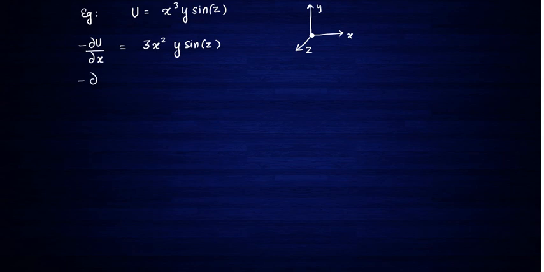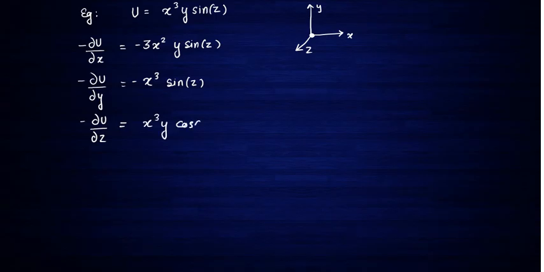Also, minus ∂u/∂y happens to be equal to x³ sin z, with a minus sign, of course, both of them, because we are adding a minus sign towards the left. So minus ∂u/∂z. What is the meaning of partial derivative? We hold the other variables constant. So that is what it means. Other variables are held constant. So here we get x³y